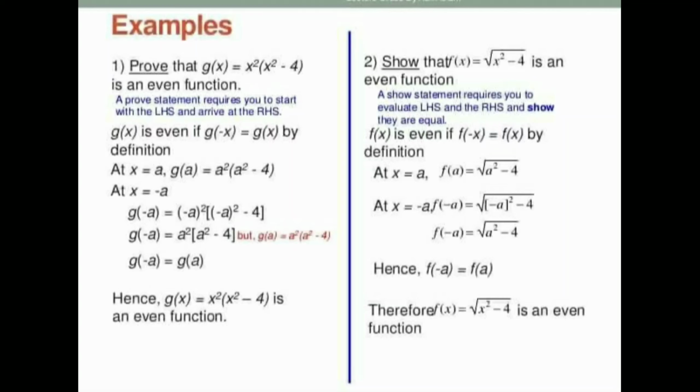Second example, under root x² - 4. So I told you earlier that plus minus under root x, for every value of x we get two values. Okay, not a single value. So a function cannot be multiple valued. Okay, so plus minus under root x does not define a function of x. Okay, it assigns two values for each positive x. So here f(x) is equal to under root x² - 4 is an even function.